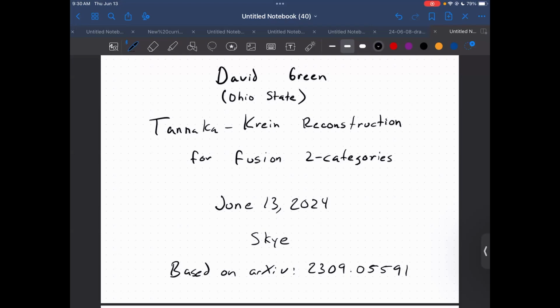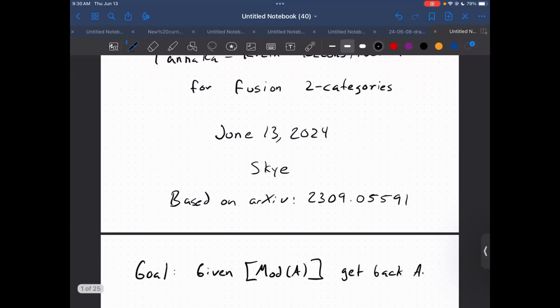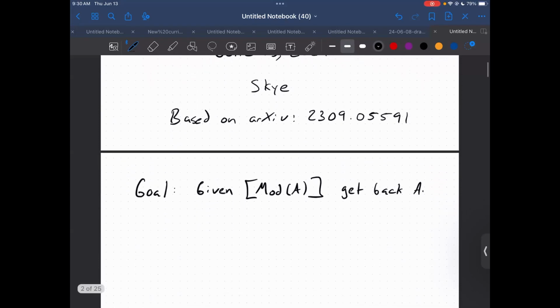So to start, let's try and ask something impossible of ourselves. If I give you just the equivalence class of some category of modules, for an algebra, I want to get that algebra back. And this is known to be impossible. In fact, without the impossibility of this goal, Morita theory would not be used. So, sort of a failure there, but we want to examine what additional data we could use to get back mod A.